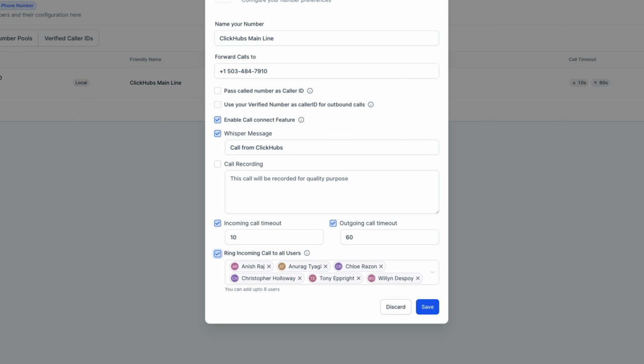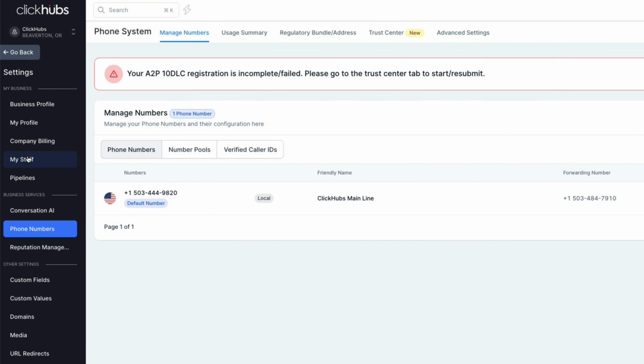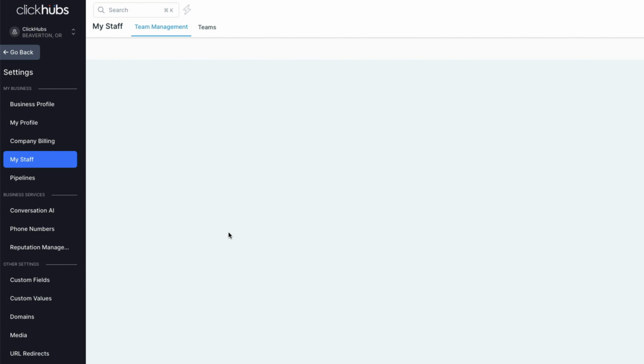So again, it's a super great feature for those of you that are not able to answer your phones quick enough. This way you can distribute the calls amongst all of your users. So all of those users are going to have the opportunity to answer, and you can decrease those missed calls significantly. So now if you go into the My Staff section here in the settings, again in the left menu,